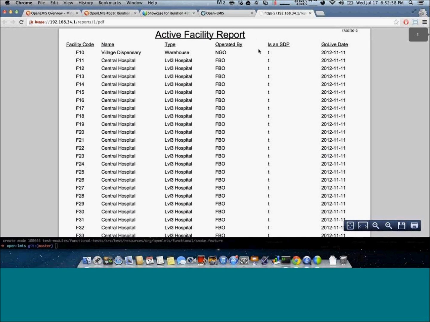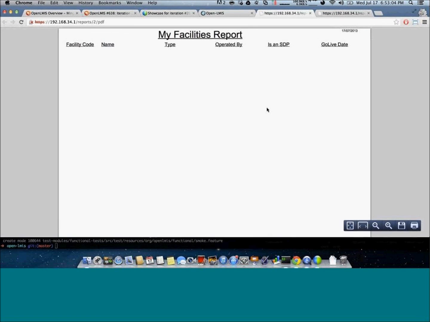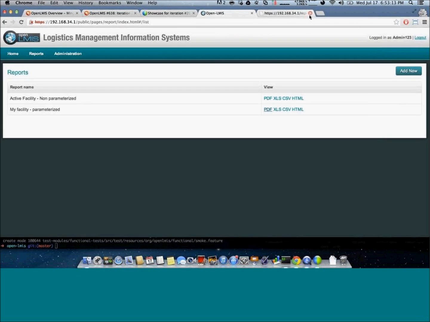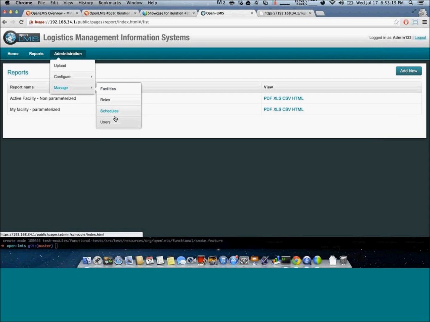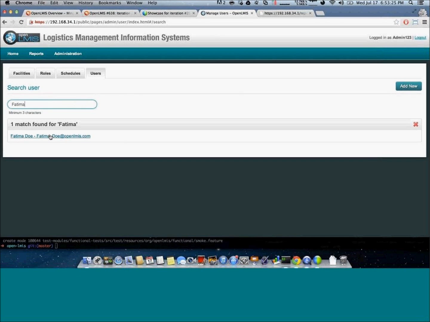And then I can see the my facility report. Since the admin doesn't have any facility, it doesn't contain anything in it. But the thing is, if I log in as store in charge, I'll get the home facility for the store in charge. So I've just given the store in charge the view report role. So if I go back to the store in charge,